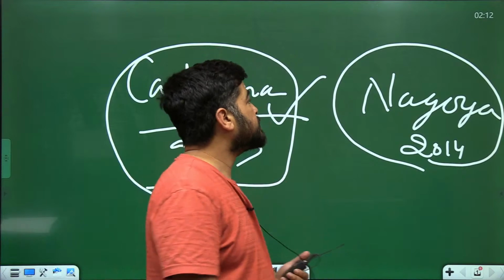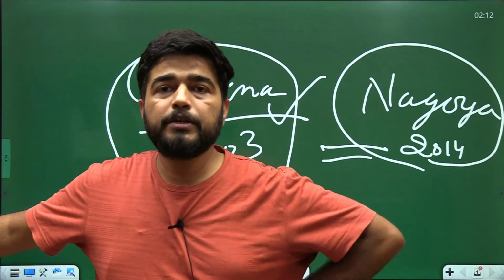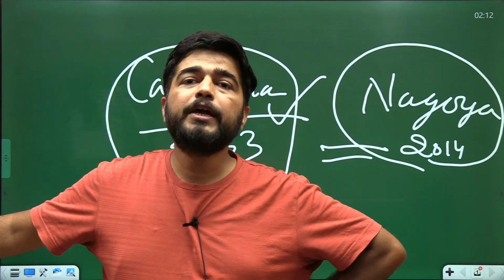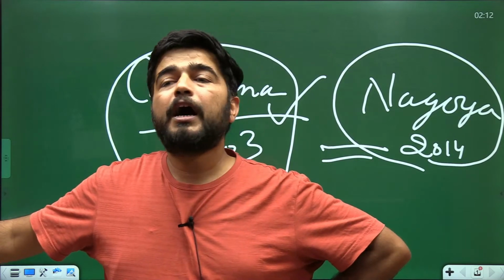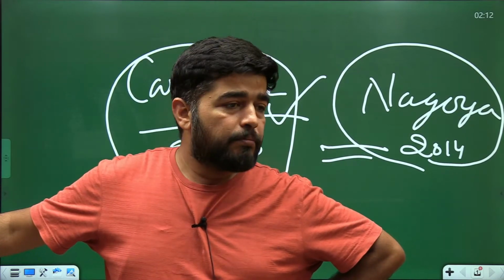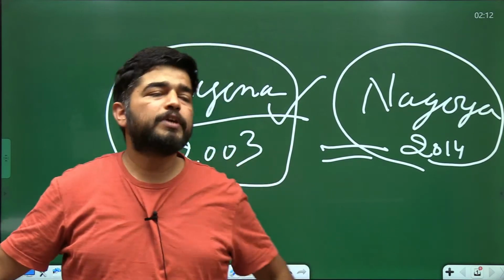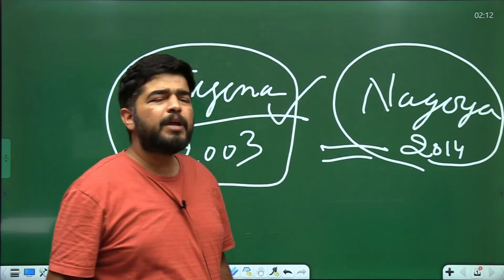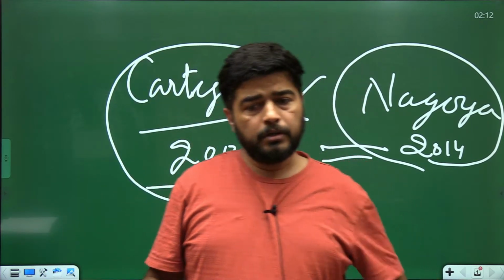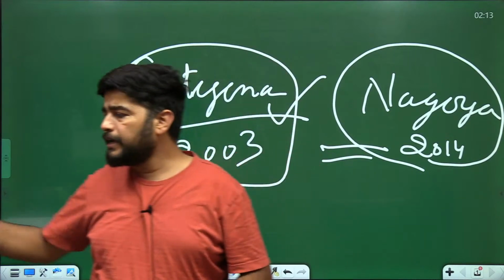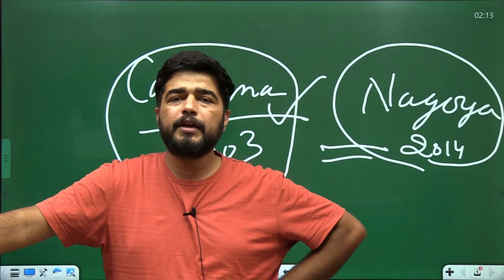For us important is the Nagoya Protocol. Nagoya Protocol deals with biopiracy, or it says about the equitable sharing of biological resources or benefits arising out of the biological resources. वो उसकी बात करता है. And to come in line with equitable sharing of resources, India, in line with the United Nations Convention on Biological Diversity,